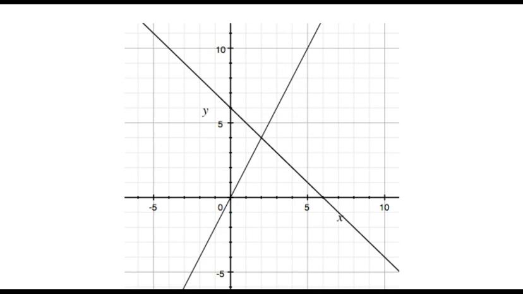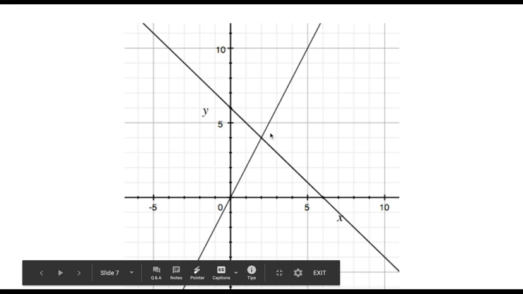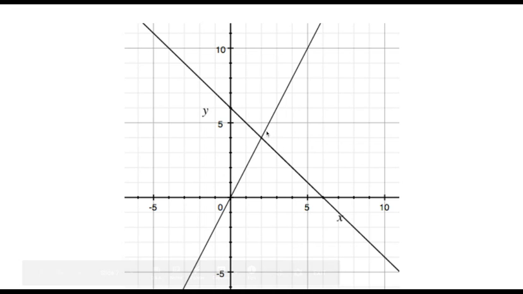If I have a look at this particular graph here, I've got two linear lines, and what I need to do is find my point of intersection. And that point here is on the x-axis. If I go down, is this point here. So if I go across, that's 1, 2. So my coordinate is 2, comma, and then my y value, if I go across this way and read off the y-axis, it is 1, 2, 3, 4. So my coordinate here would be 2, 4,